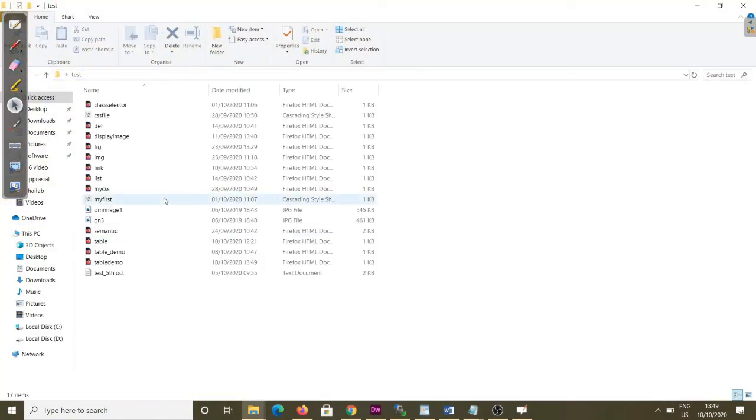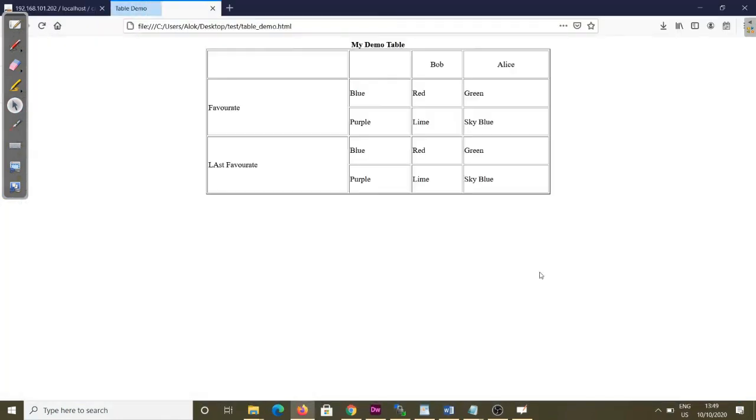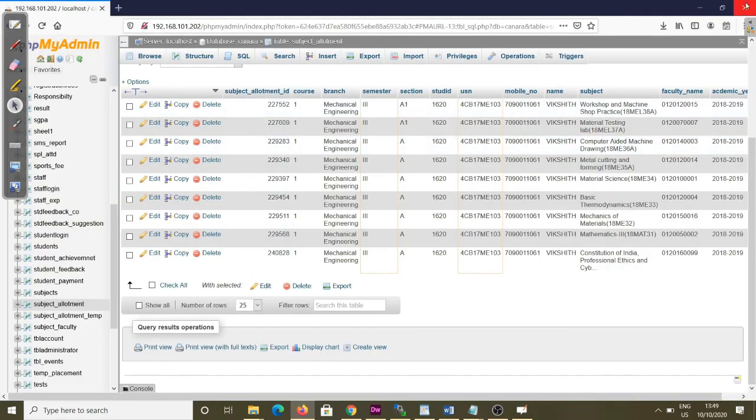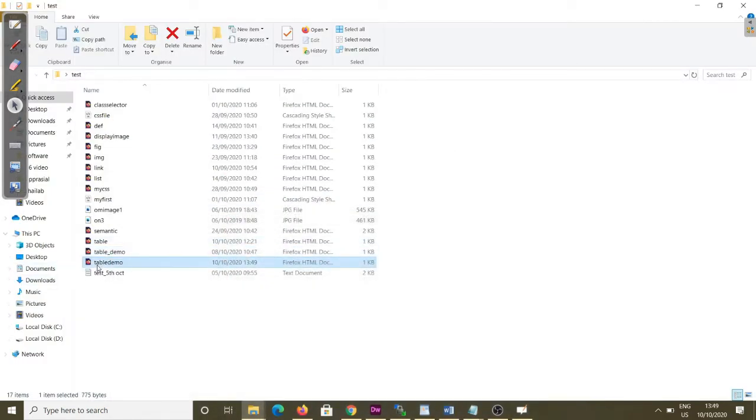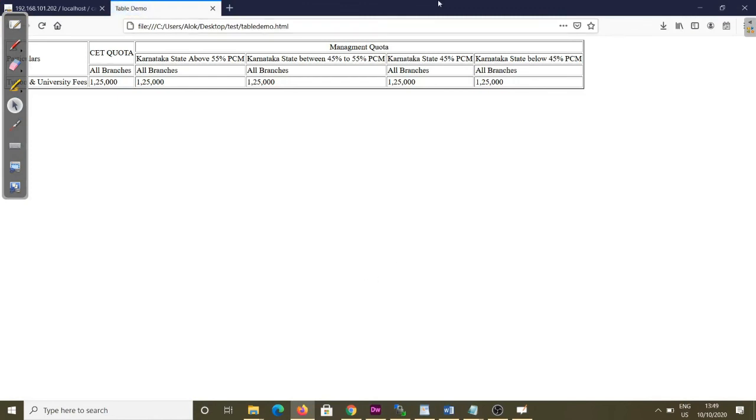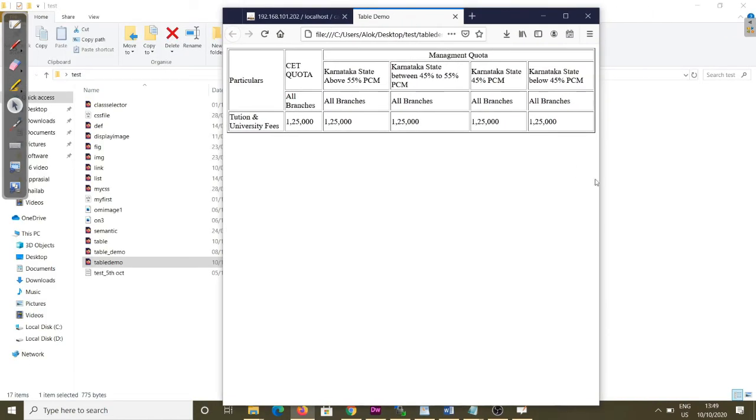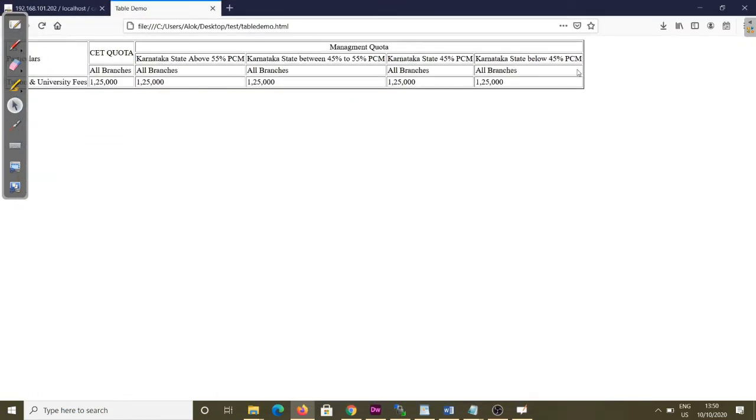Yes, table demo, not this file. Yes, this file. Yeah, you see here this file. Coming now, see the merging here. This is the center. It is coming like this. You can maximize also.